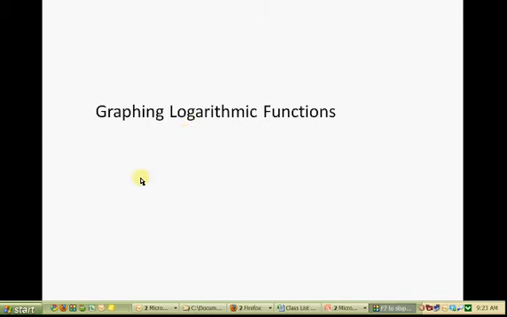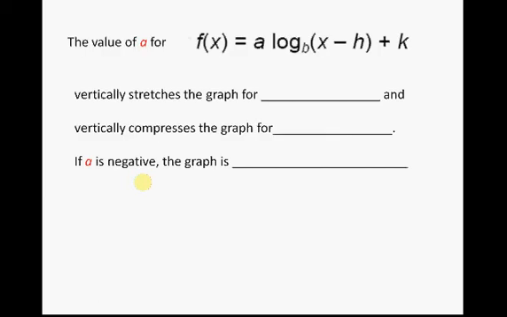Hi, this is a little video on graphing logarithmic functions. It's actually a specialized kind of presentation because we're going to be taking a look at these particular kinds of questions here. The value of a for f of x equals a times log base b of the quantity x